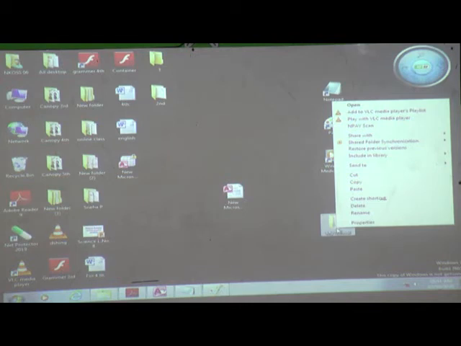Then another method is click the right button, and where you can see what we want to do, we have to open it. Then we can click open. For the open option we have to click the left button. Then this also opens. For folder also it is the same. Click the left, we can open this.